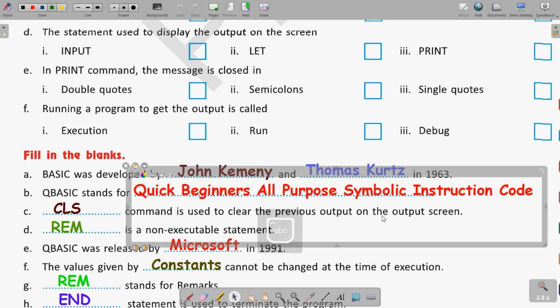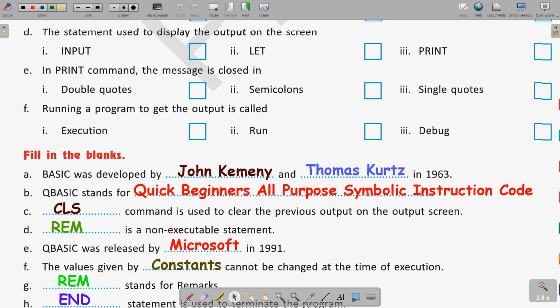Okay, so the answer is Quick Beginners All-purpose Symbolic Instruction Code. In each of these, you can see that Q, B, A, S, I, C, these abbreviations are derived from the first letters of all these words. So we can write the first letters of all the words in capitals. Clear?